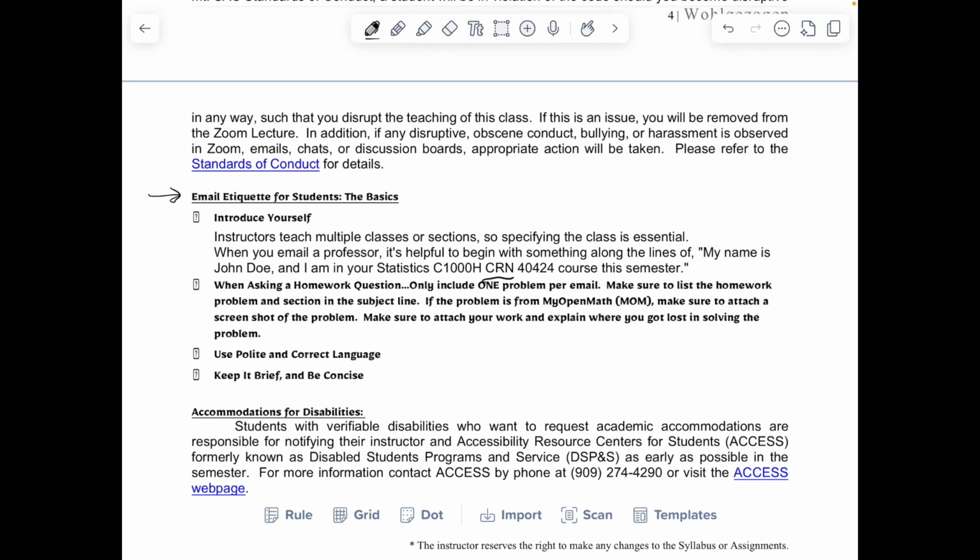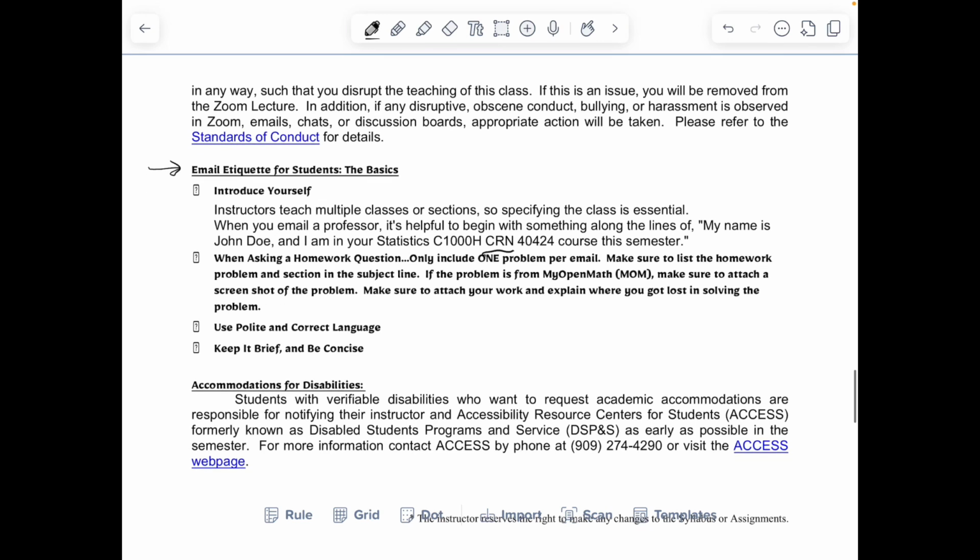And then also only send 1 question per email. So if you had 5 different questions, you should be sending 5 separate emails. The reason why is because a lot of times I have time to answer maybe 1 or 2, but not all 5. And this allows me to get back to you quicker to help you out and get you going